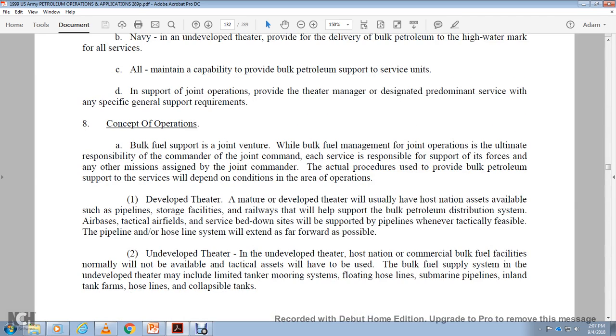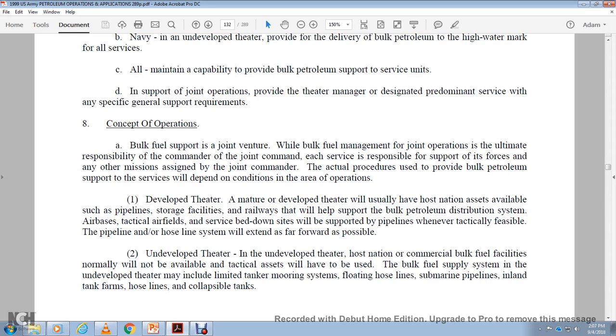Concepts of operation. Bulk fuel support is a joint venture, while bulk fuel management is a joint operation, ultimately the responsibility of the joint commander. Each service is responsible for support of its forces and any other mission assigned by the joint commander. The actual method to provide bulk petroleum support with that service depends on the condition of the area